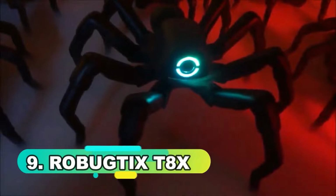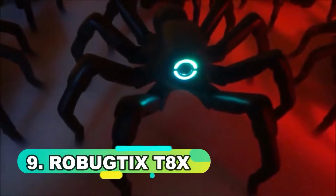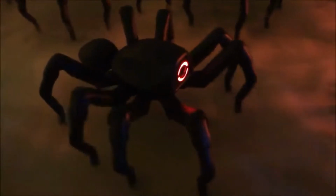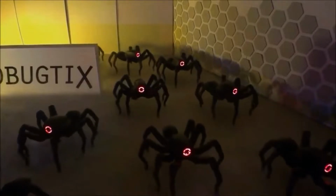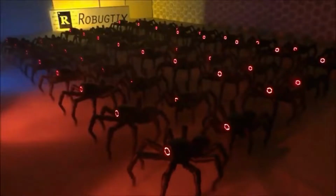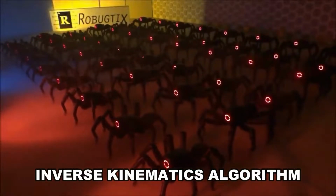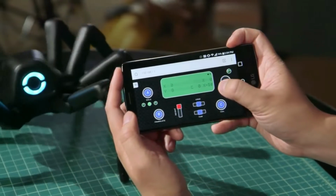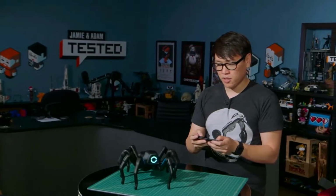Number 9. Robugtix T8X. This tarantula robot is the ultimate robot toy. Not only does it look like a spider, but it also moves like one. It is a rechargeable, programmable, and wireless robot with 26 leg motors coordinated by an inverse kinematics algorithm. You can control the robot on your smartphone, tablet, or computer, instructing it to walk forward or backward, and its